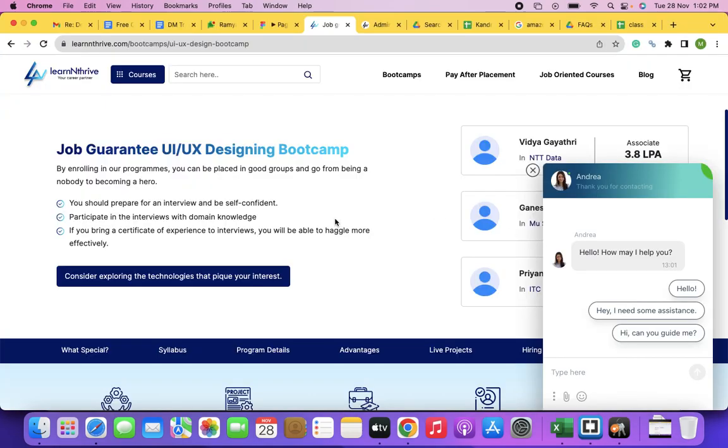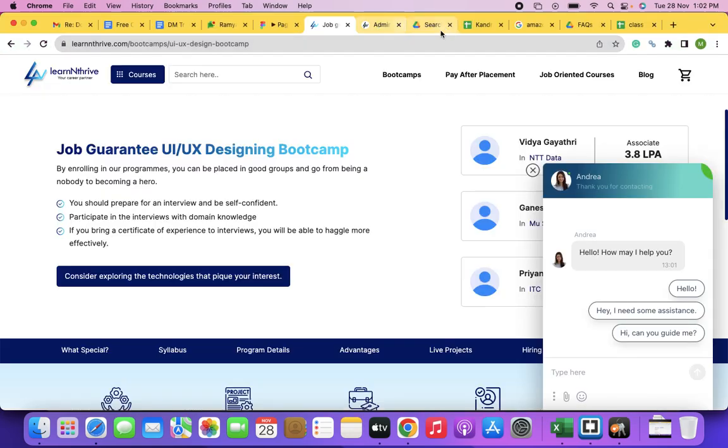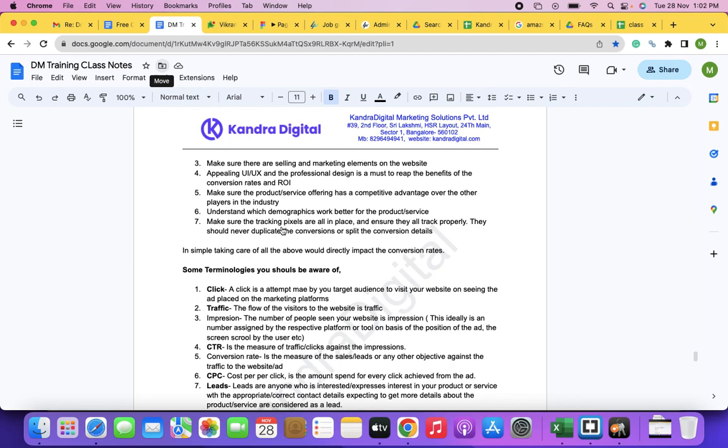So in the previous classes, we have discussed the prerequisites, right? We understood what a CPC is, what a CPA is, correct? We all have a thorough understanding. So it's strictly suggested: if you find it's not going to work for your business, you should not run the Google Ads.